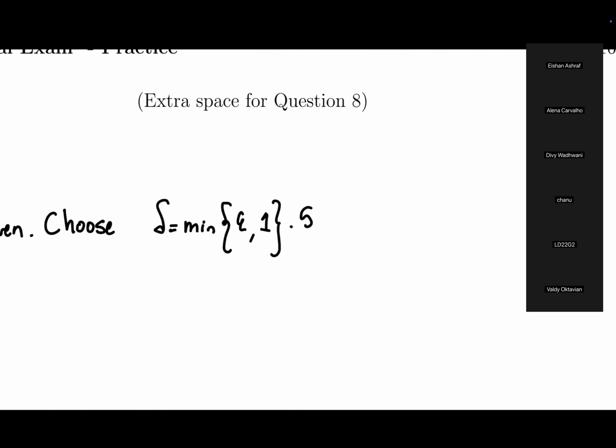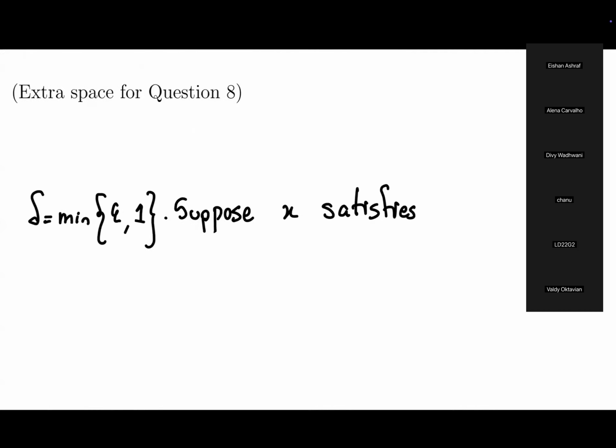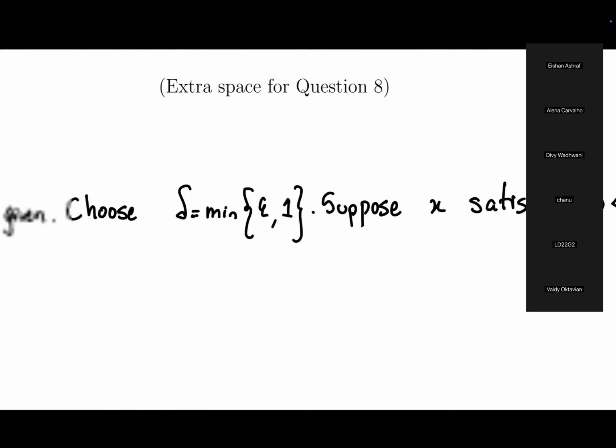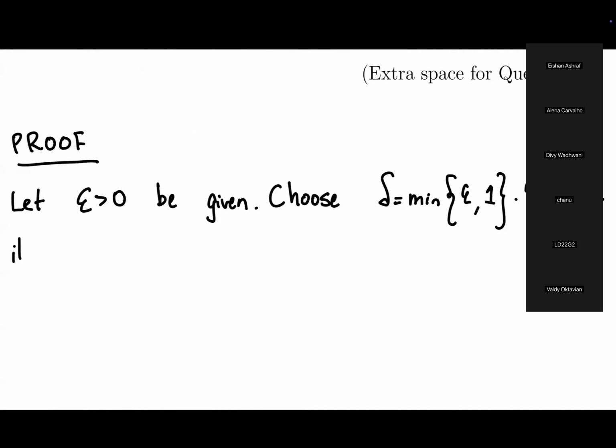And then we suppose that x satisfies the conditions we need, which is 0 is less than the absolute value of x, which is less than delta. Then it follows that,